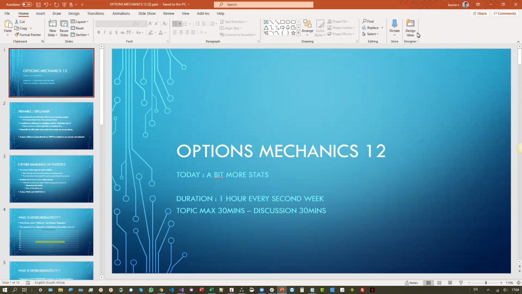Okay, options mechanics 12. Last time, and I can't remember how long ago that was, I explained that backtesting is by and large a waste of time. There are some benefits, especially learning, but I invite people to really get their fingers into stats. It's not as complicated as people think, and I'm not going to go back into backtesting and the lack of significance or reliability. Incidentally, it's also a topic of the moment with those COVID-19 studies.